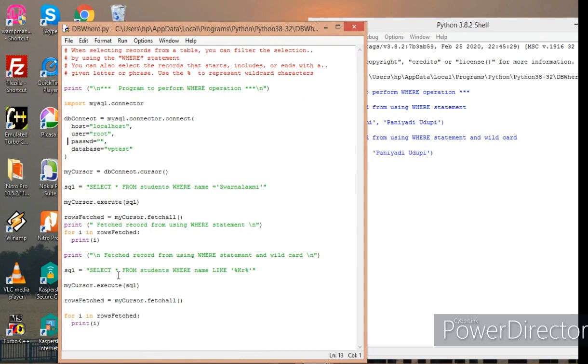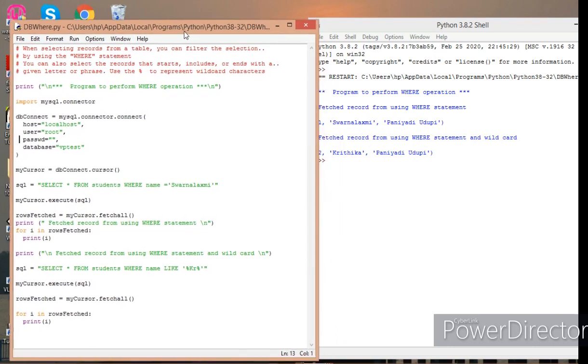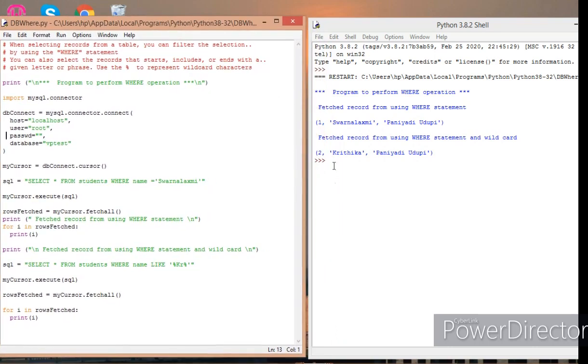Look at this: select star from students where name like, and the character used for the wildcard is the percentage sign, and I want to search for KR as two characters in my table. Again it is done, and it is displaying the record Kritika, that is the second record.